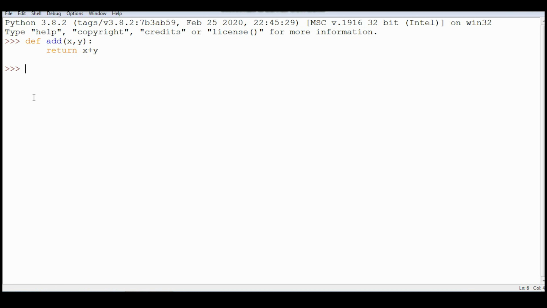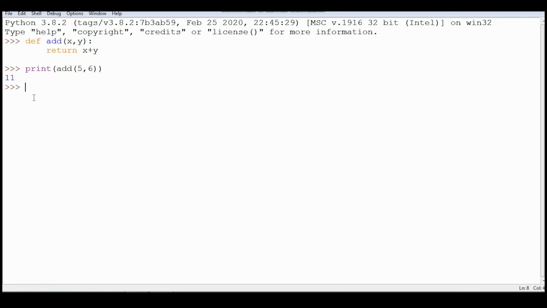So at the time of the call, you also have to specify two arguments. But only specifying two arguments doesn't suffice. The order is also important, because there takes place a one-to-one correspondence between the actual and the formal. Let's see. Suppose I call this function, print add, with values 5, 6. Now here the correspondence is 5 will get stored in x and 6 will get stored in y. You'll get the appropriate result.